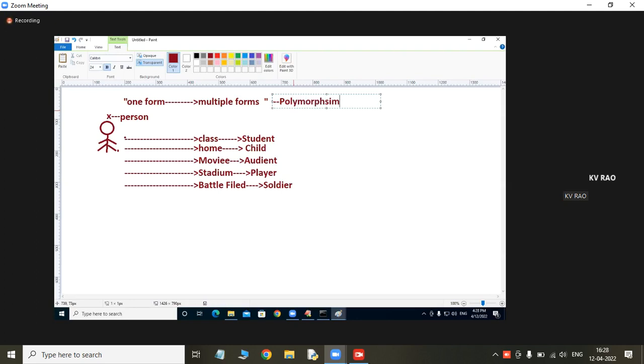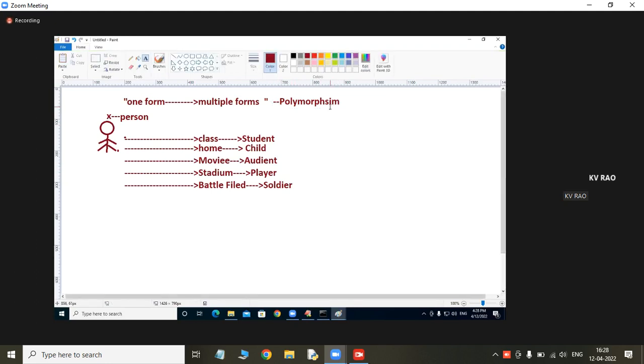Because of this mechanism, what is happening internally? Immediately try to see, it is a principle actually. Data encapsulation is called a principle. How was it implemented in Python? I used the underscore symbol on variables and hid my data. Similarly, if you want to implement this polymorphism kind of principle,